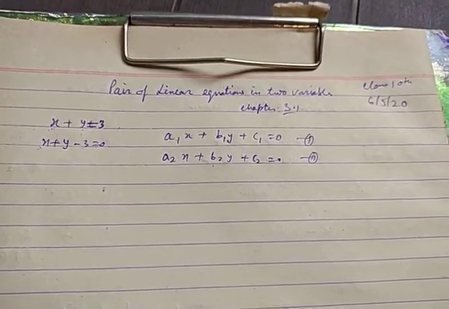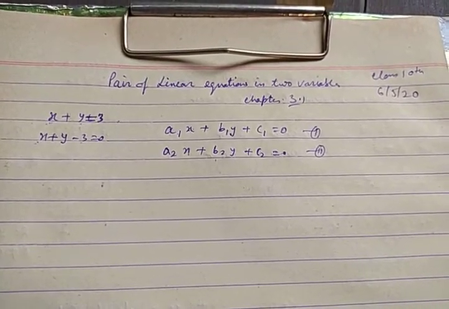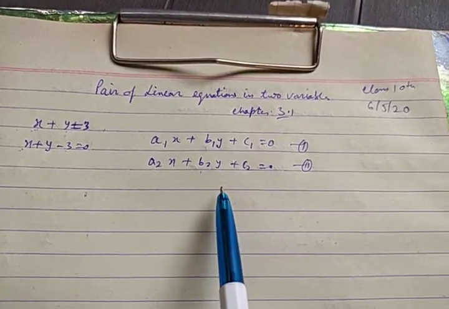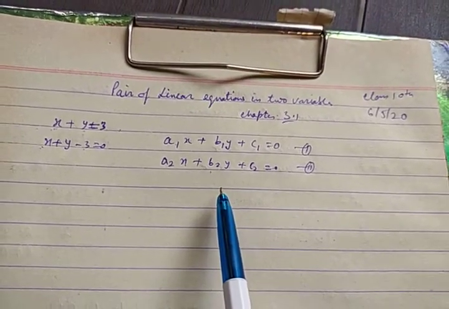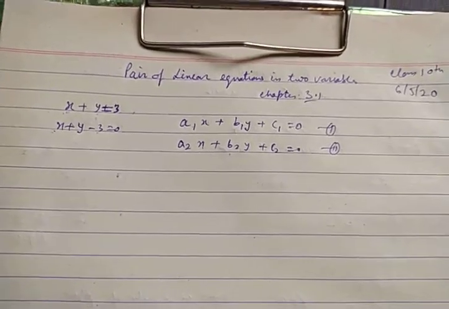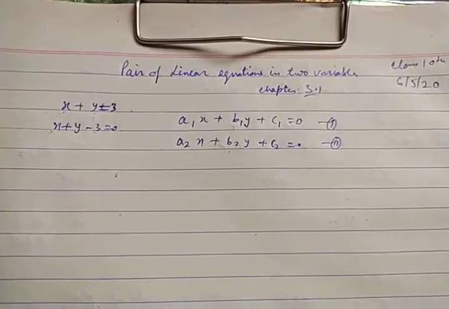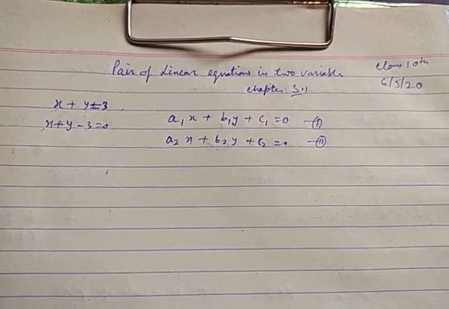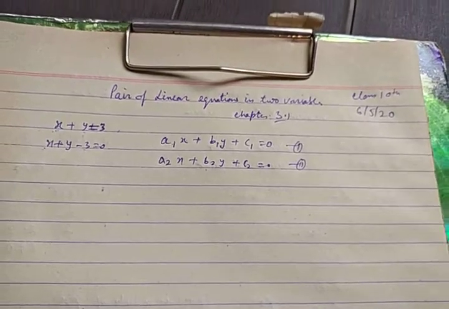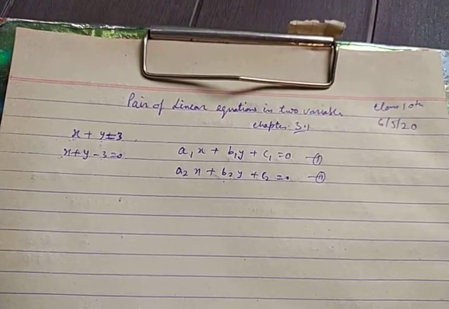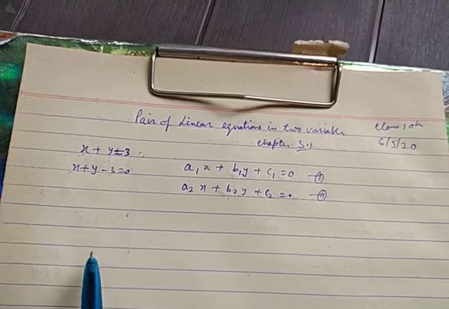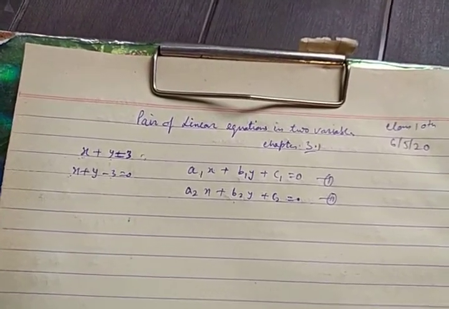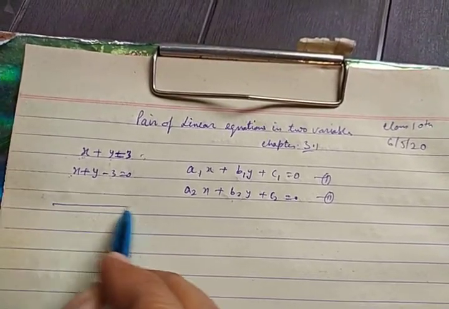Now you have to represent these equations graphically. On the graph paper you will represent the equation. In class 9th you have drawn the graphs of linear equations, so you can take understanding from your previous study material or from the class 9 book or copies. For the sake of simplicity I will give you a simple equation. For drawing and representing the equation on the graph, you will have to draw a table.